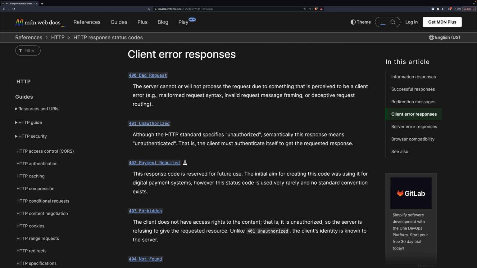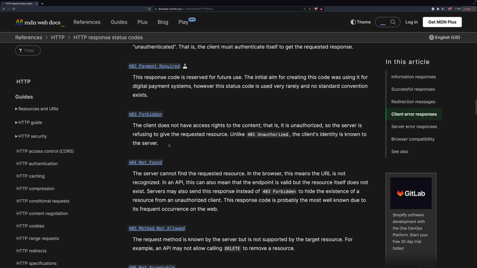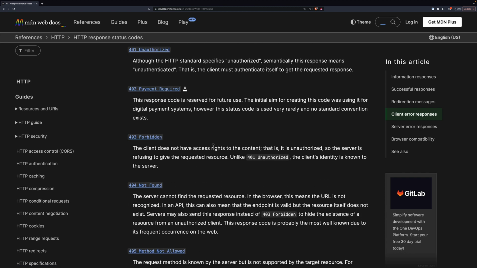401 unauthorized. Sometimes you'll go to a site that needs authentication, but it has a little pop-up rather than a form on a web page. That's server authentication. And if you don't put in the right information, you're going to get a 401. And it'll say that right on the screen. 402 doesn't exist yet. 403 forbidden. If you try to go to a web page, but the permissions on the server are set to say, no, don't serve this to anyone, you'll get a 403.